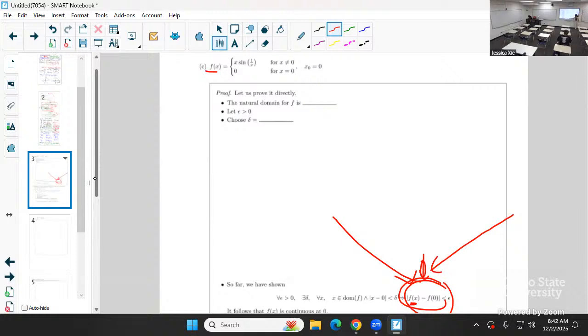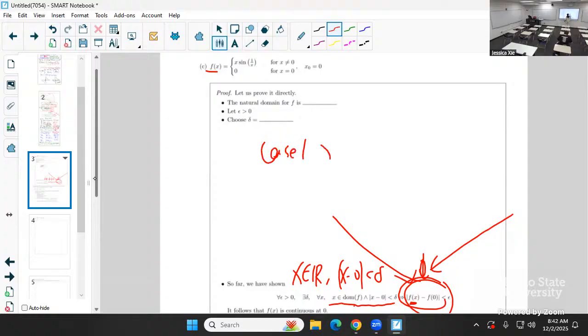Your x here, your x from the domain, and x is very close to 0. From the definition, let's see here, x is in the domain. Domain is all real numbers. Your x is any arbitrary real number, and |x minus 0| is very small. From those two definitions, x can be any real number, like it could be 0, could be non-zero, like 0.1, 0.2, and so on and so forth, right? So x can be any real number, so you have to consider two cases. Case one, if x equals 0, and case two, if x is non-zero.